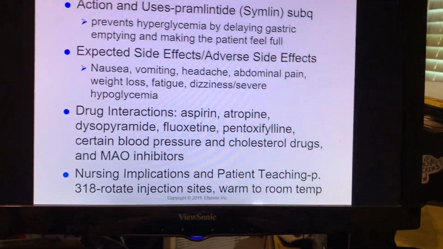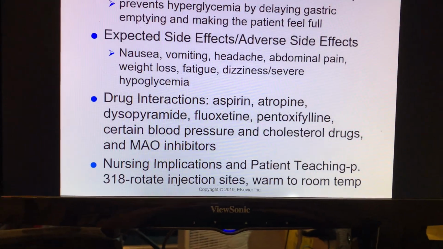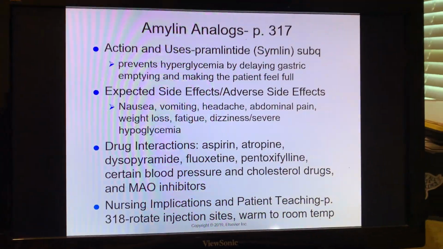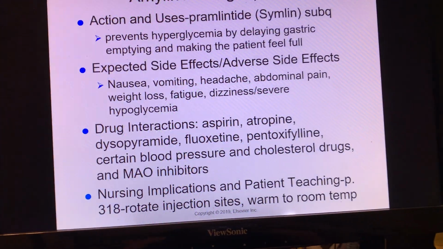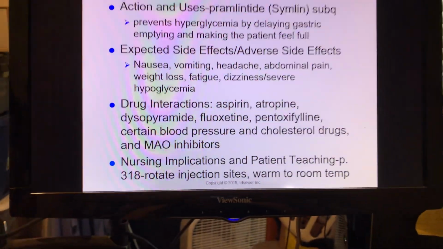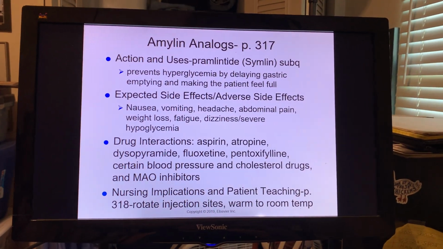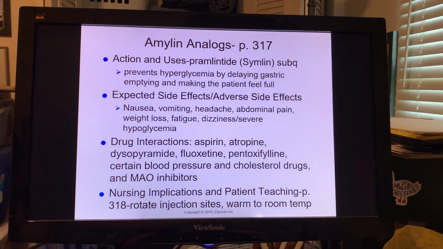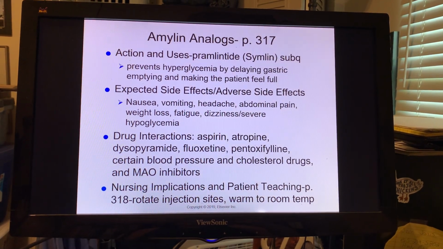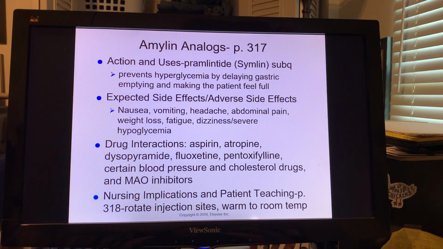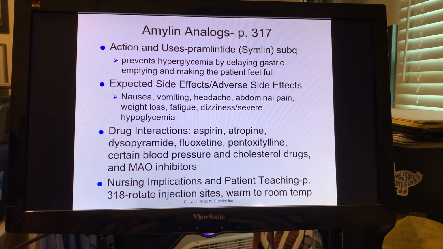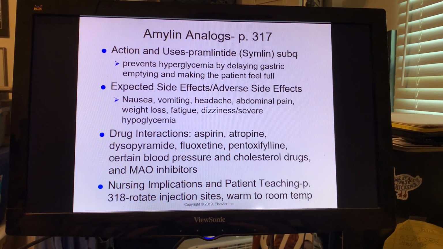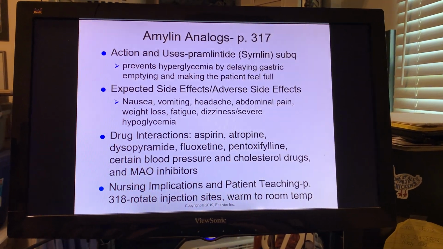Another category of anti-hypoglycemics is a category called the amylin analogs. And along with the incretin mimetics, these are covered in the table on page 317. Our prototype drug is pramlintide or Symlin. It's also given subcutaneously. It prevents hyperglycemia by slowing down